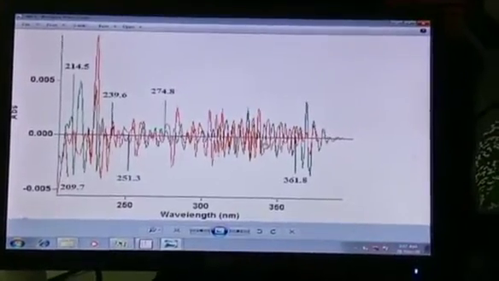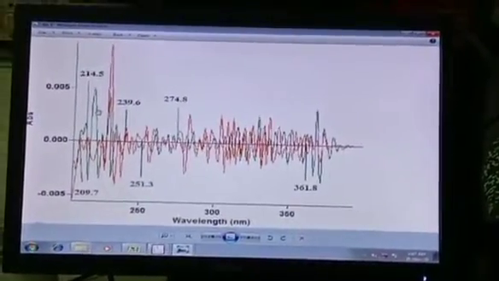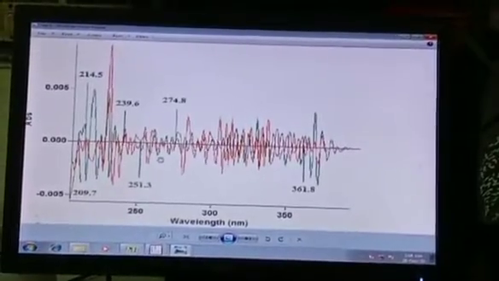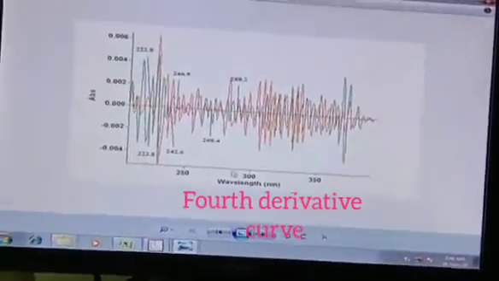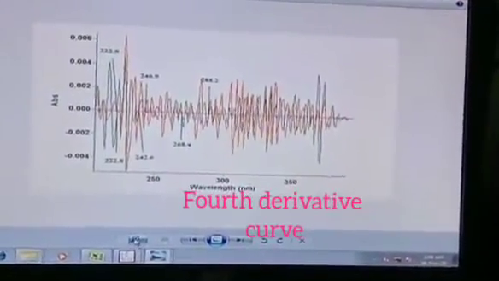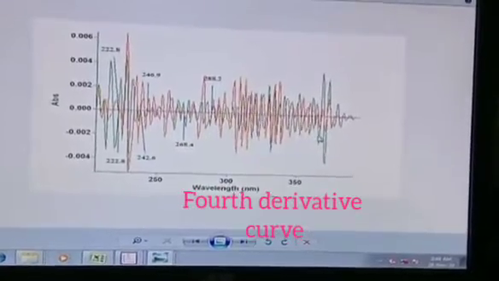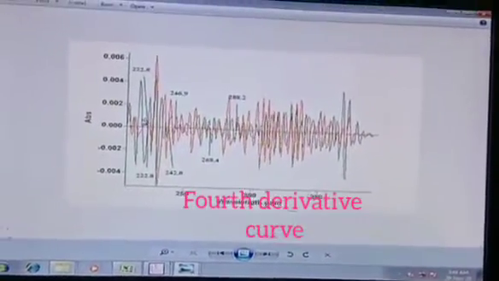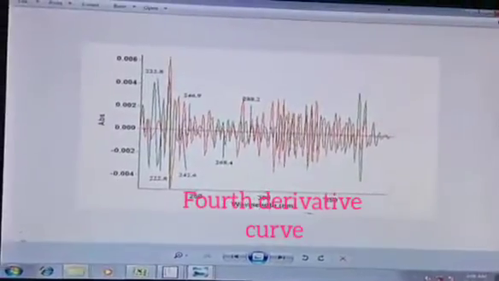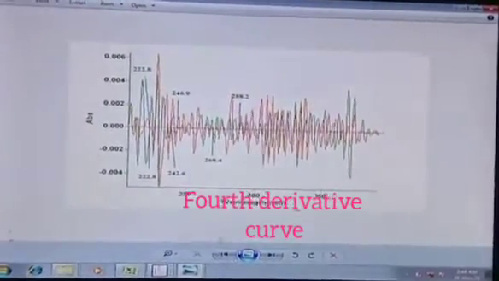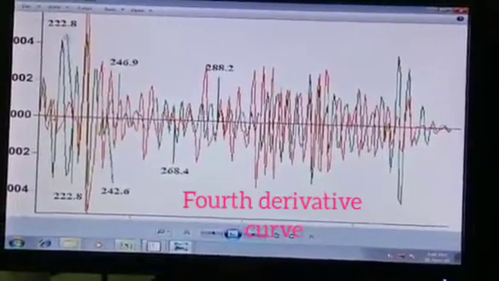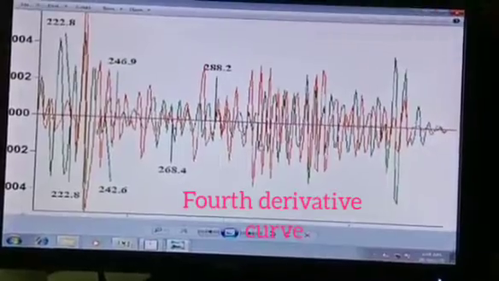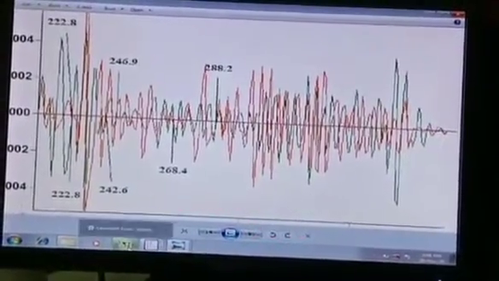So in this way, we have to select the 0 cross points for metoprolol succinate. Also, we have to select some 0 cross points for ramipril. The fourth derivative curve. So this is best resolved of all the derivatized curves. So for this simultaneous estimation, I am selecting this fourth order curve, which is highly resolved and showing the 0 cross points very clearly for metoprolol as well as ramipril. Then I will be telling you now how to go for the calculation part.